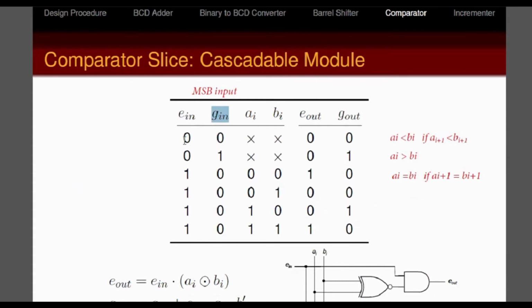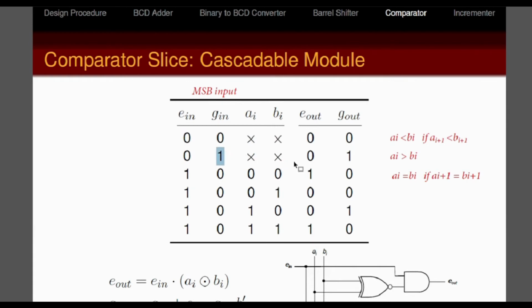So if the input is 0, 0, meaning the previous one, then the AI and BI, we don't know, I don't care. What it means is that obviously A is less than B. 0, 0 is actually the function for less. If the previous one is greater,